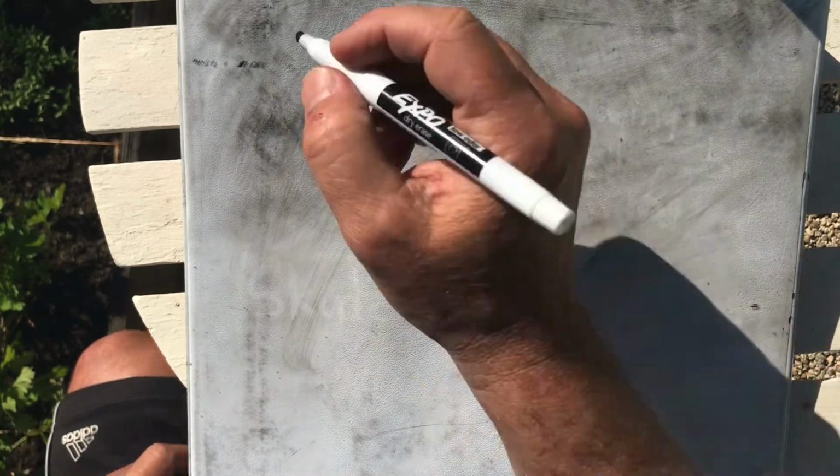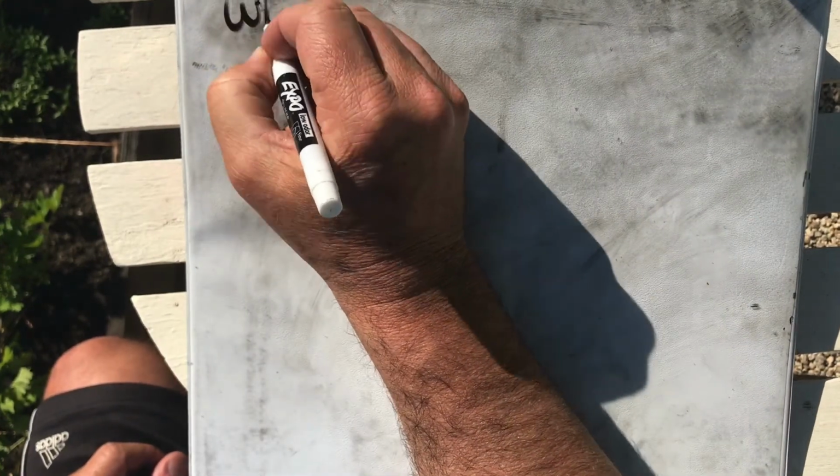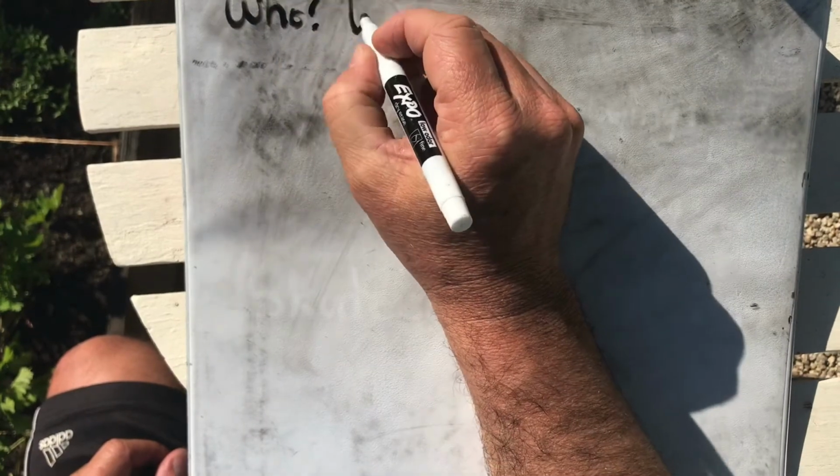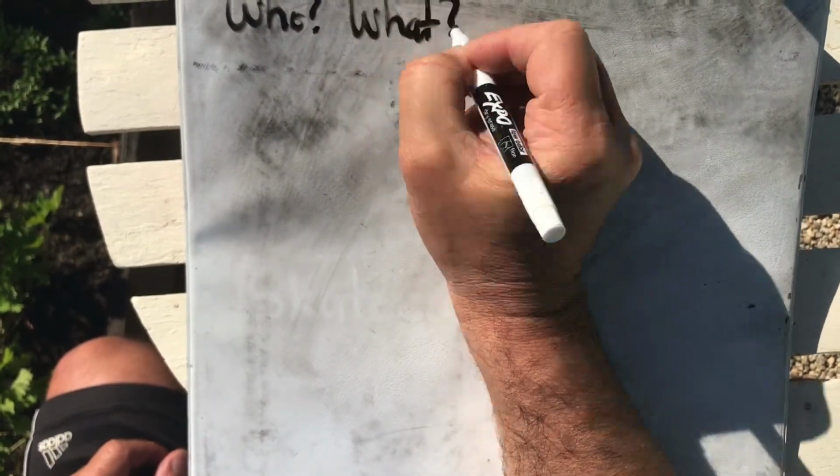Welcome back, class. Today's lesson is going to be about writing and how to write a complete sentence. So the first thing we need to do when we're writing a complete sentence is we need to think about what we're going to write. So the first thing we're going to think about is who or what this sentence is about,